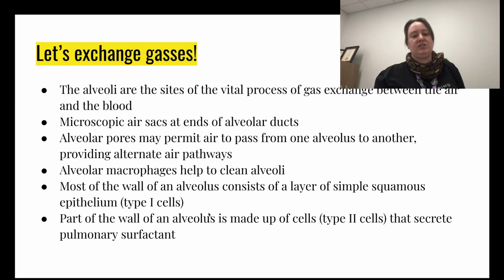So anyway, most of the walls of an alveolus consist of a simple layer of simple squamous epithelium. So again, barely any layers, because remember, diffusion works best over a short distance with very few barriers. We actually can diffuse without lungs. Amphibians do it all the time. They breathe through their skin. They have lungs, but their skin is actually more important for their breathing than their lungs. So that's actually kind of interesting. And we can do it too, but we'd have to wait for years.